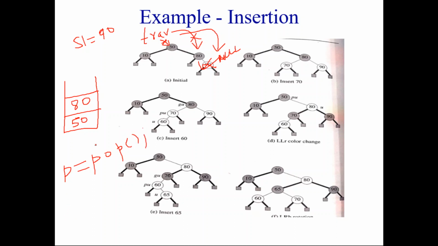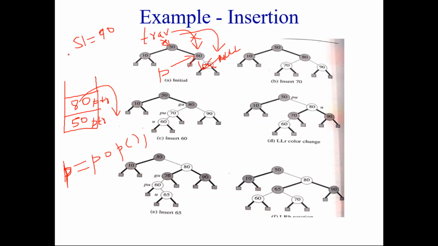So p will be having a, so this will come out. All these are pointers. 80 is a pointer to node 80. Similarly, this is also a pointer to node 50. So you got a pointer to node 80 and that is now pointed by p. P is the pointer which is pointing to 80 now. So it means that after 80 you want to insert.